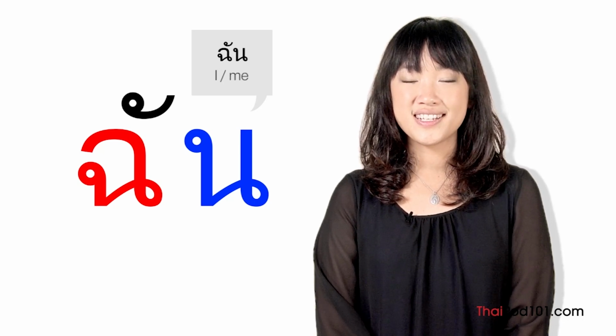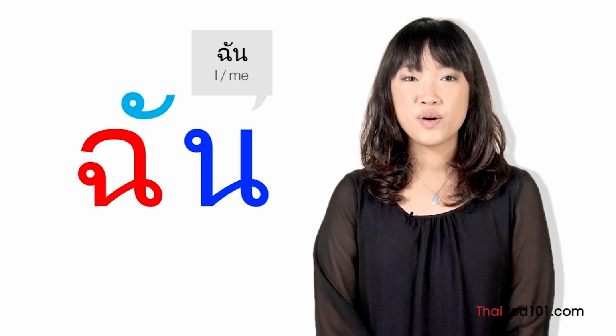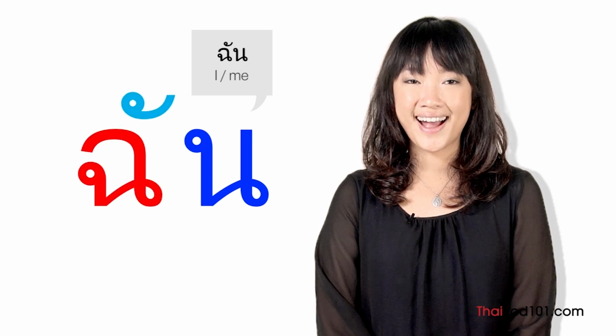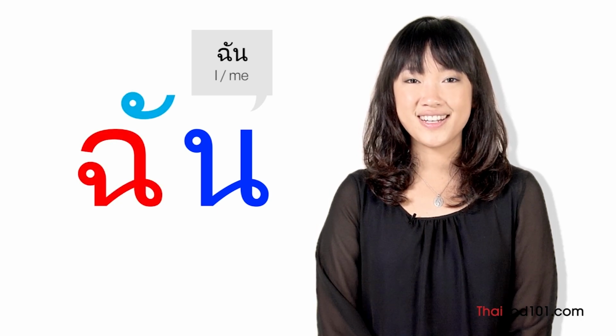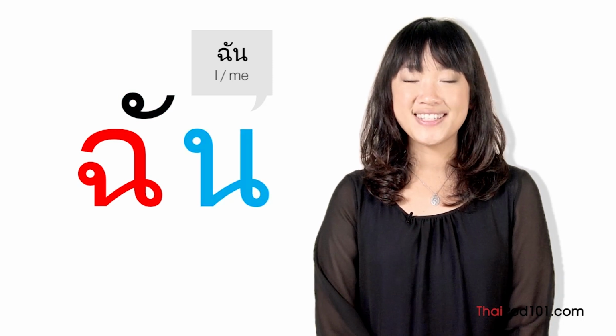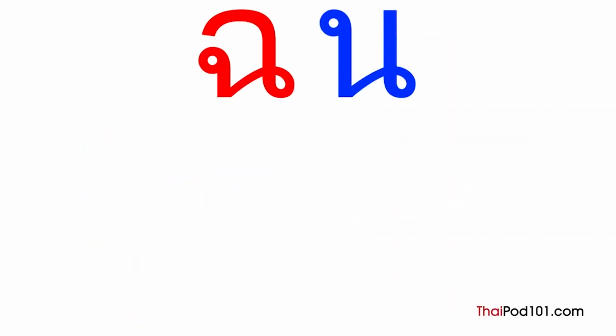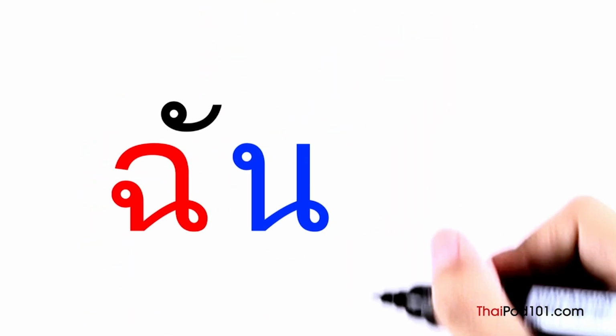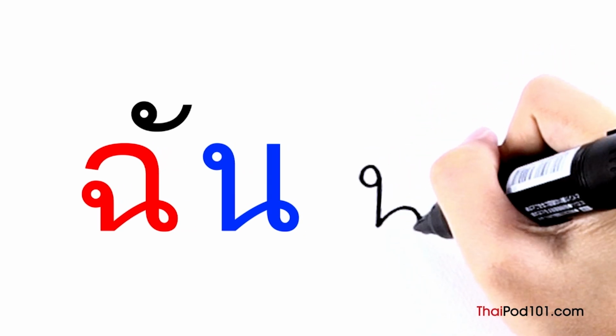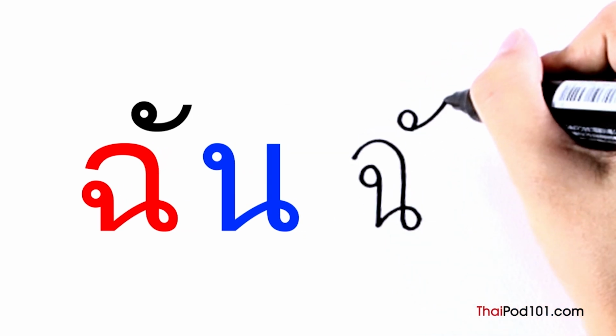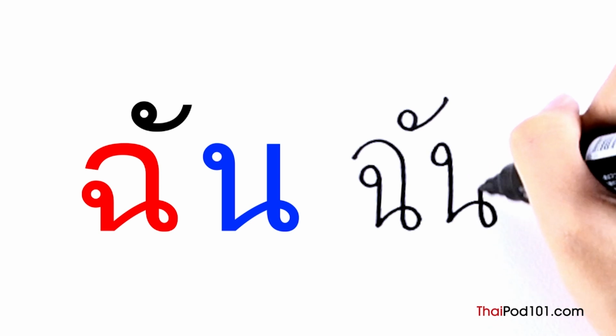The initial consonant is chó chinh. The vowel sound is sara a, which we write using ไม้หันอากาศ, because there is a final consonant. And nõ nũ is that final consonant. Let's write it together. ชอชิง ไม้หันอากาศ นอหนู ฉัน